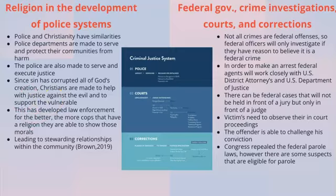Religion in the development of police systems. Police and Christianity have similarities. Police departments are made to serve and protect their communities from harm, and the police are made to serve and execute justice. Since sin has corrupted all of God's creation, Christians are made to help with justice against evil and to support the vulnerable. As we've seen back in Genesis, Adam and Eve